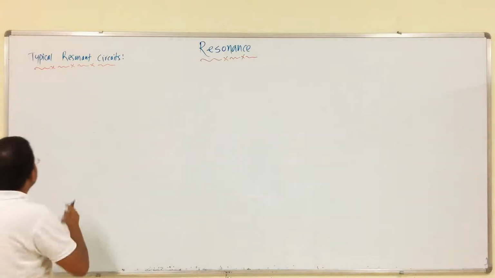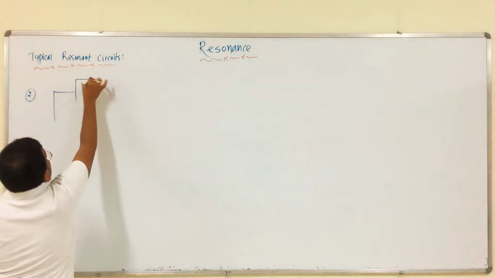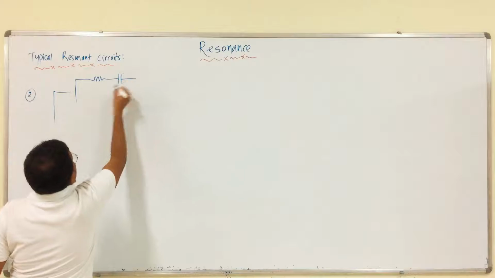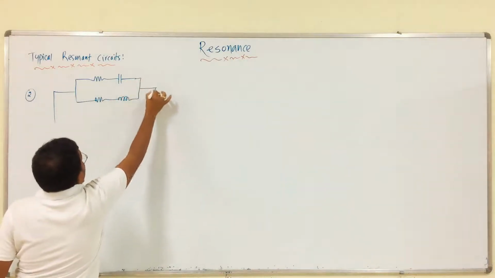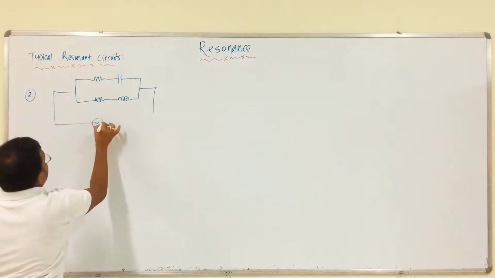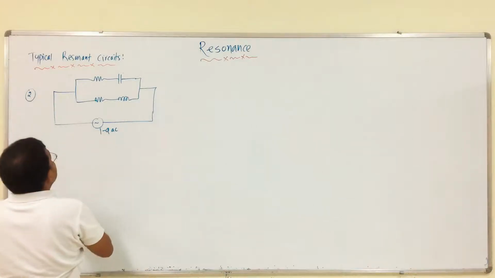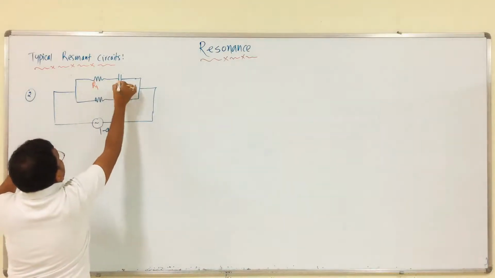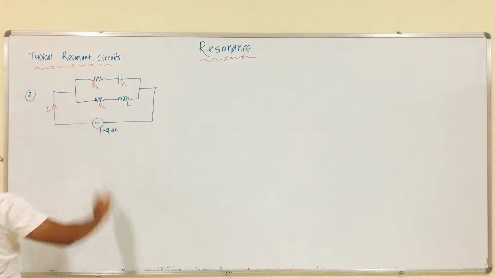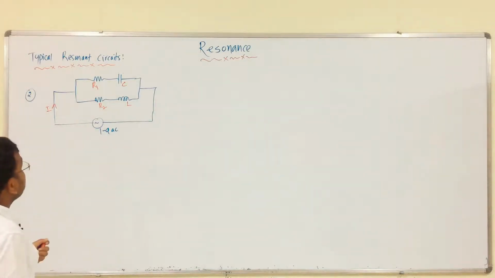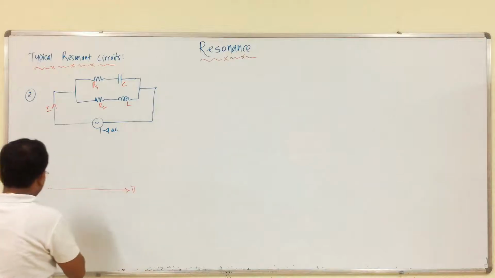Next, the second circuit. Let us consider a series combination of R and C, and both are connected in parallel. This is single phase AC, right? Let us say this is R1, C, R2, L. This is the total current. That's it. So for this, the phasor diagram is, this is V,